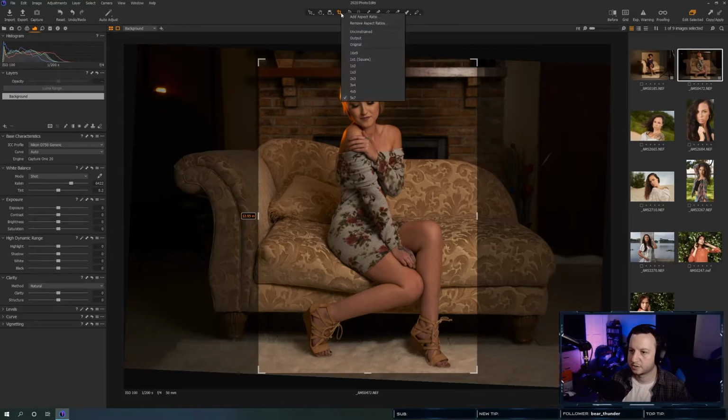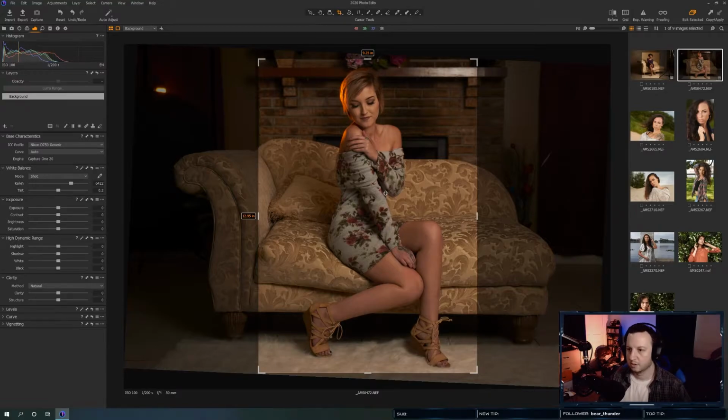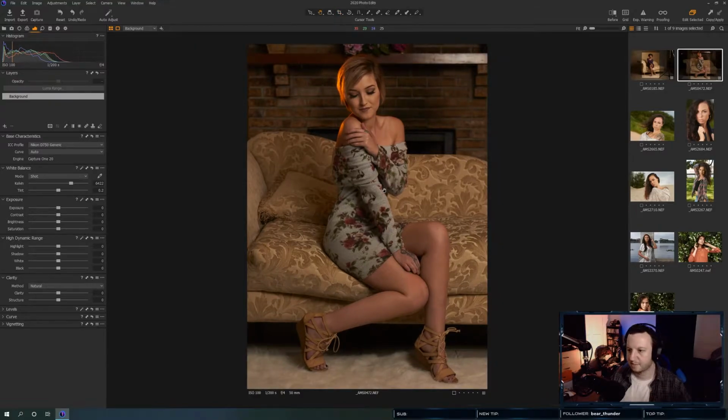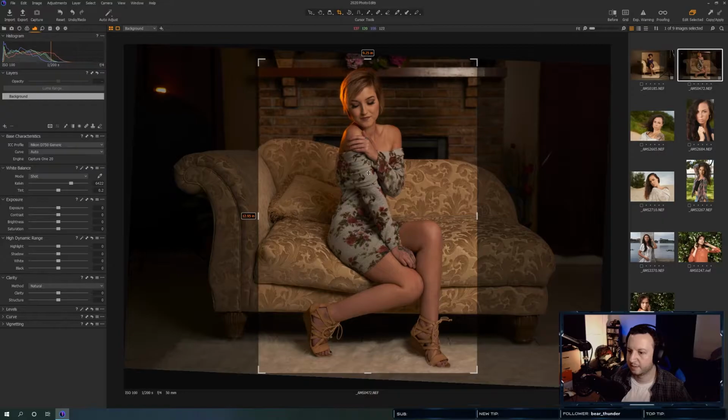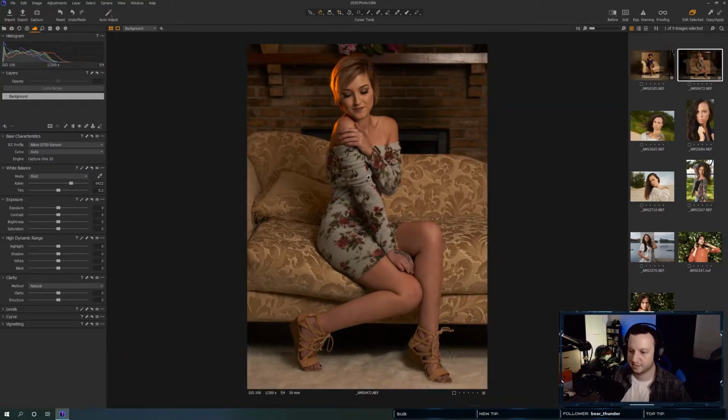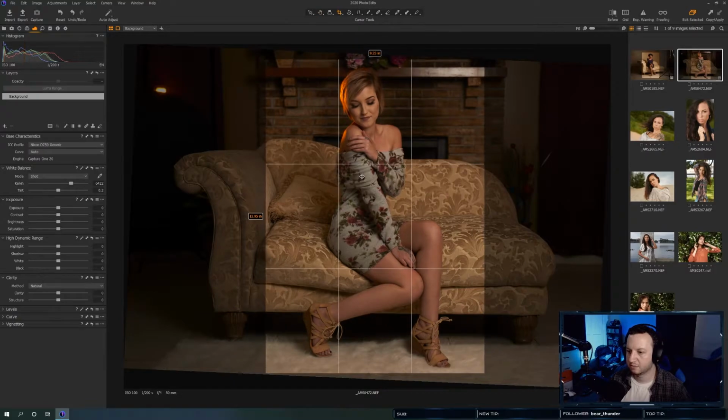Does that visually look straight? Straighten. Okay. So 5x7 crop. It needs to move a little bit. Let's move her a little bit to the left, just because the left side of the couch is bigger, you want the subject to be a little bit more to the left so it balances out.